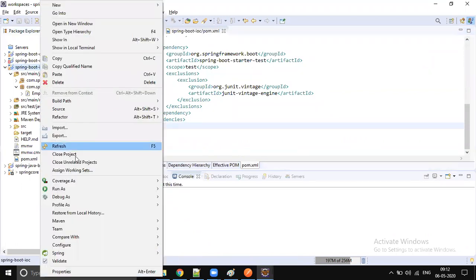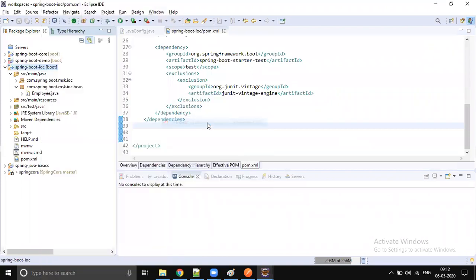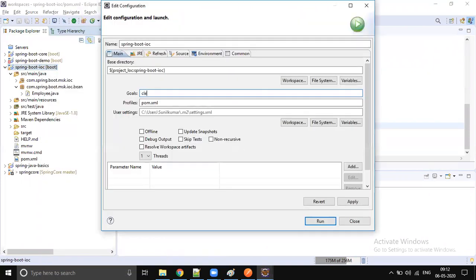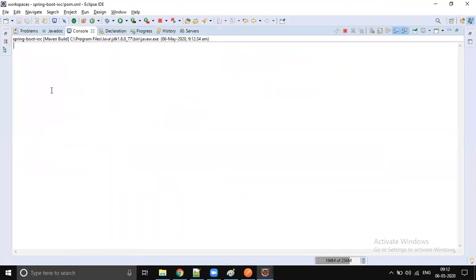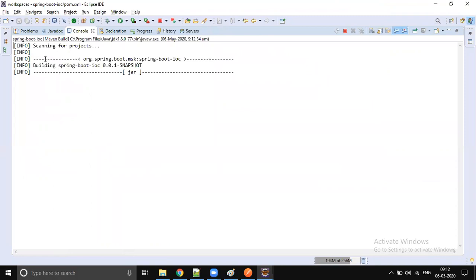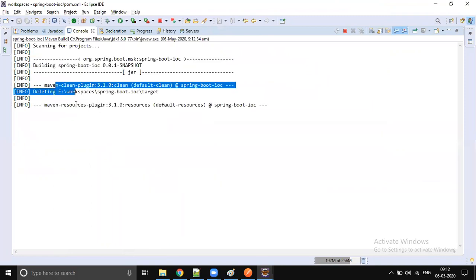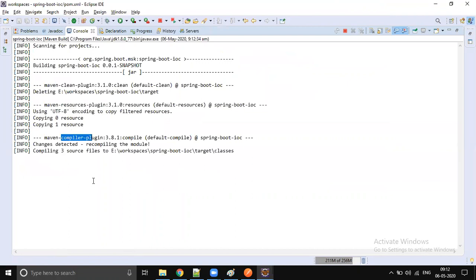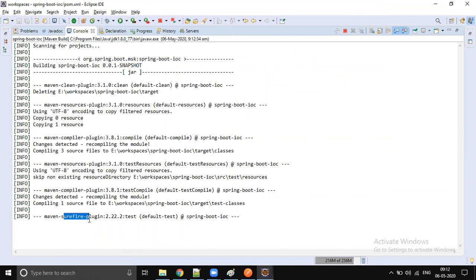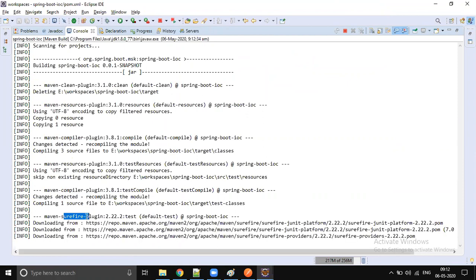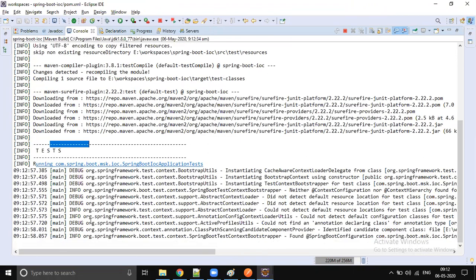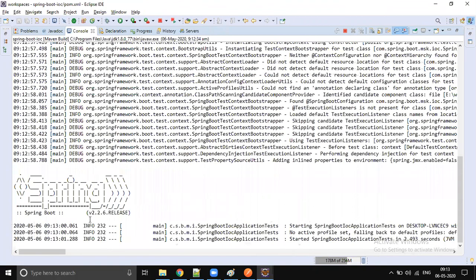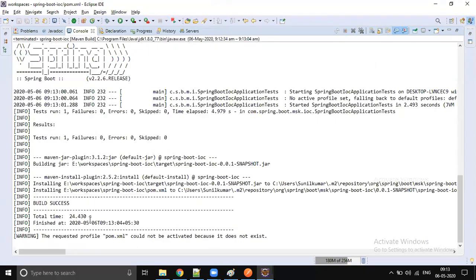Whenever I right click, run as Maven clean install, in the life cycle you see first clean will be executed, then resources, validating, clean plugin, resources plugin, compiler plugin, then test compiler, surefire plugin. Now test cases are running. No test cases. Build success.